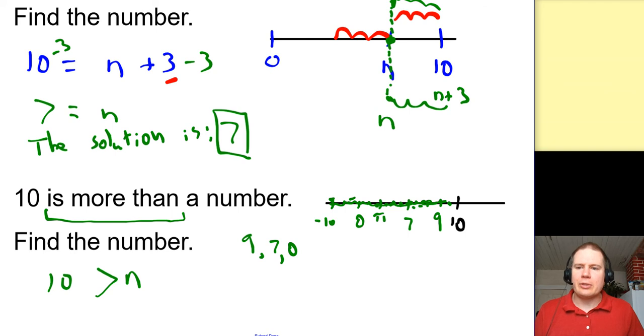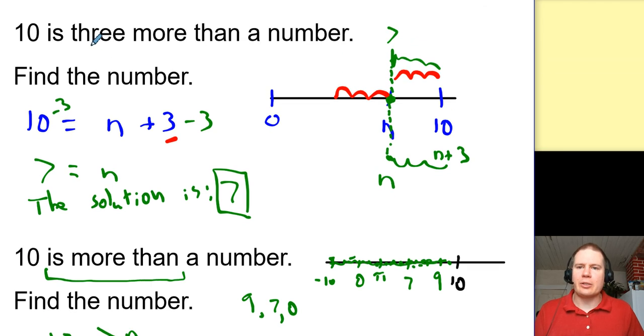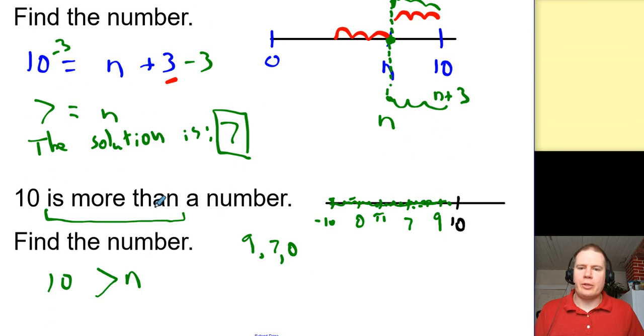I'm not saying 10 is exactly this distance away from something else, or 10 is exactly double something else. All I know is that it's to the right of something else. So any number over here works. So all I can say is any number that's less than 10